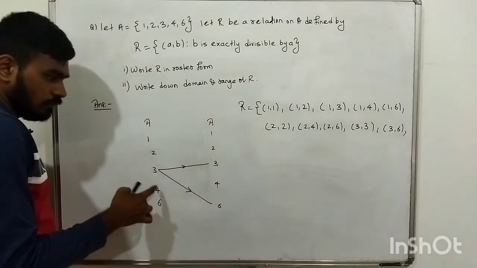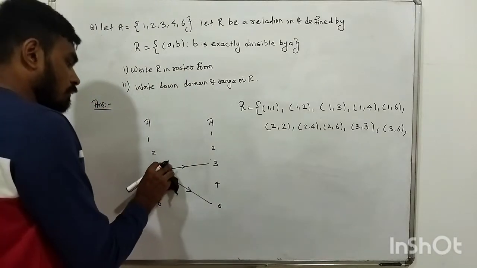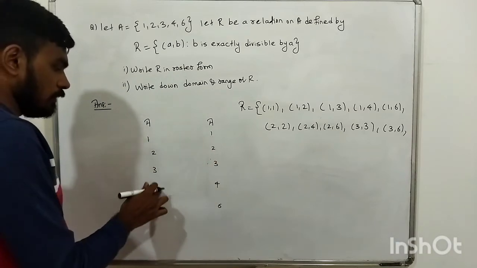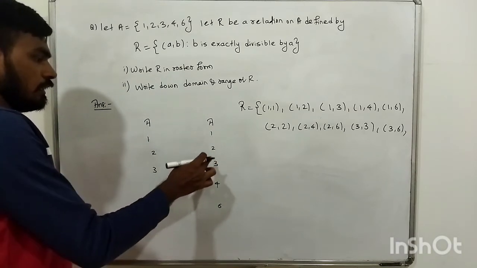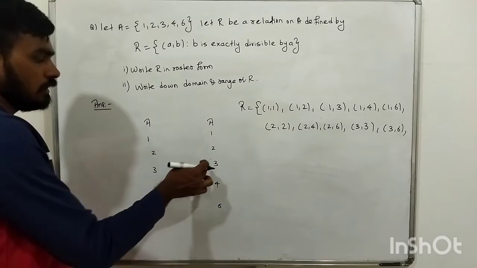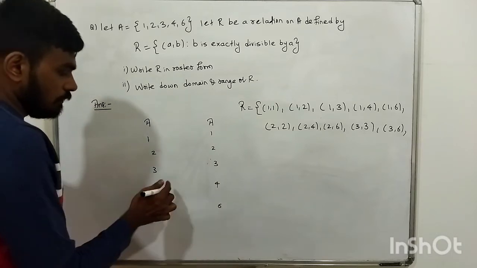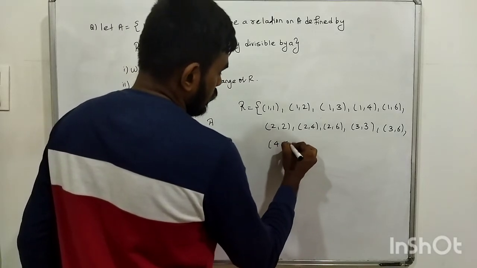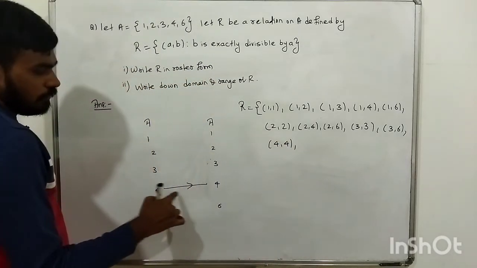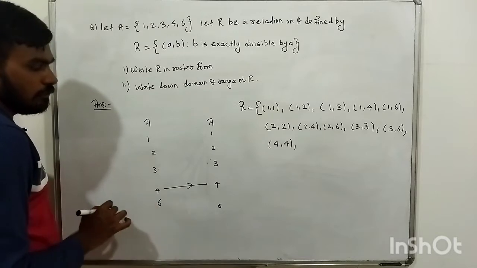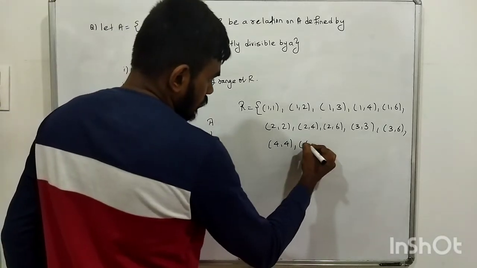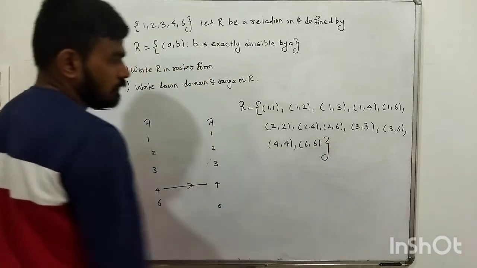Next, the last one, 4. 4 can be paired only with 4. See, 1 upon 4, 2 upon 4 we can't take, 2 upon 4 is half, this is not an integer, 3 upon 4 also we can't take, 4 upon 4 we can take. So (4, 4), and last 6. 6 upon 4 also we can't take because it is 3 by 2. Next 6. Directly (6, 6) we can take here. So this is the